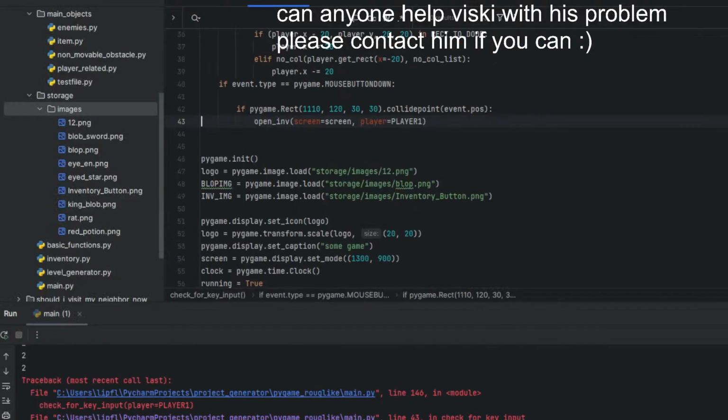I hope you can see that. Next. Okay, still attribute error has no add. Pause. Okay. But I guess that's probably it for today.